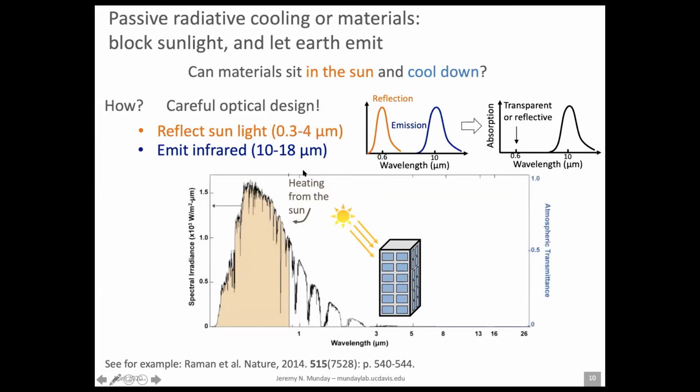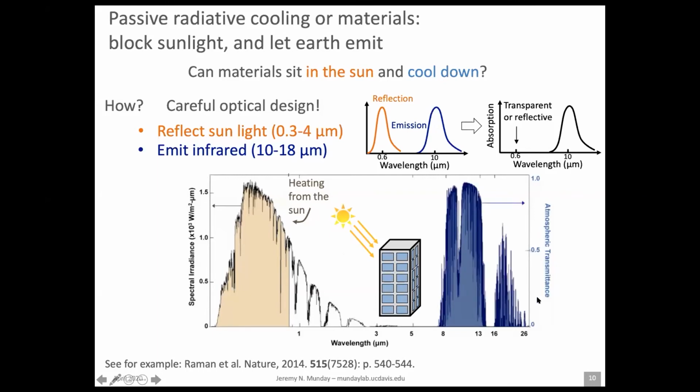We can look at that spectral radiance again from the sun. I showed previously just a theoretical curve of a black body spectrum. This is what the actual sun spectrum looks like, and you see that it actually does look quite a bit like that theoretical curve that I showed earlier. So this will lead to heating if you absorb any of this. But if you emit at these longer wavelengths, which is about the emission wavelength of things at room temperature or the Earth's temperature,